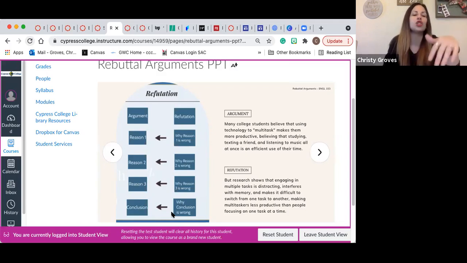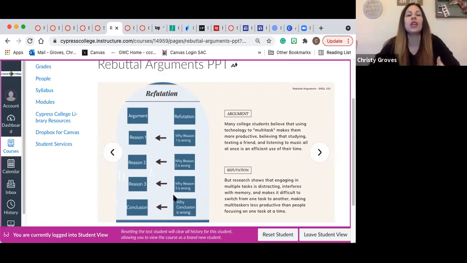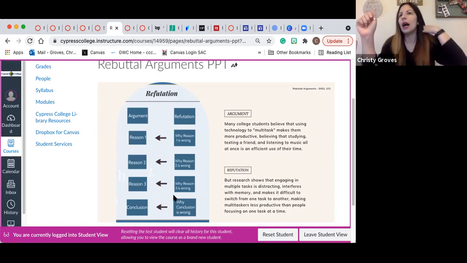Okay, this is when you start to attack the evidence of something, or the criteria. If you were looking at, say, a definition argument, you might say, well, that criteria is invalid because it doesn't actually match the definition you're using. Okay,